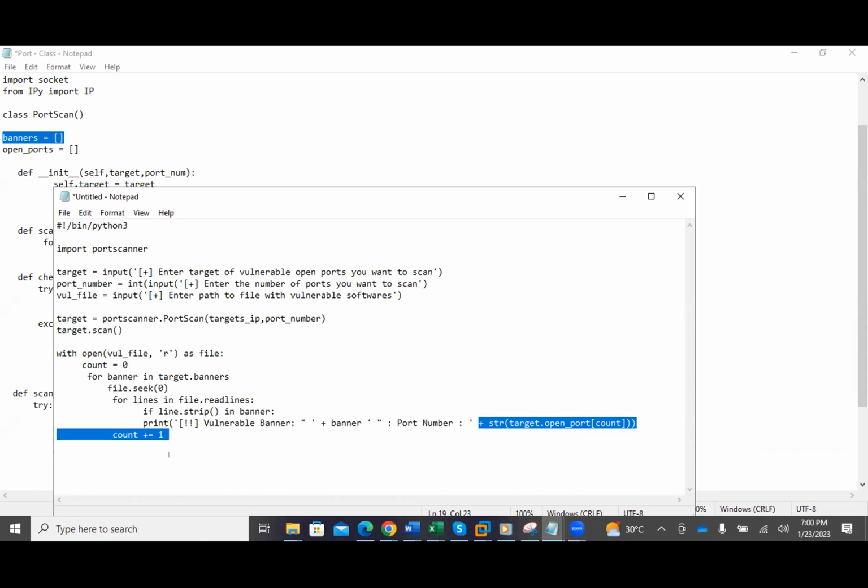You understand? Then it will move to the next step. So that's basically how it works. You feed it with a list of vulnerabilities in a text file, so it will compare it with the target you are scanning and the banner it is getting. So if line.strip is in banner,